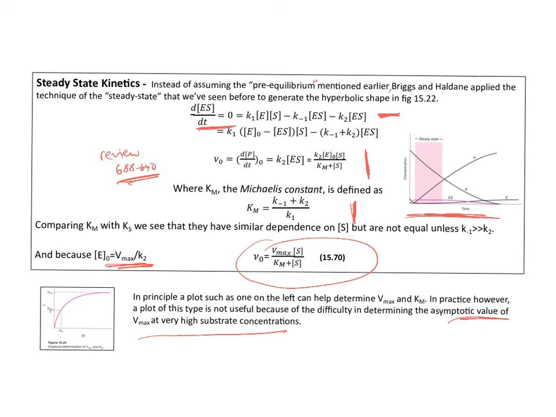Once you get these very large concentrations, it can be very, very difficult to find out what value this curve is approaching, and so you're not going to get a lot of accuracy on the Vmax. We would like the Vmax value, though. That's the highest efficiency of an enzyme, and so we're going to have to be a little bit more